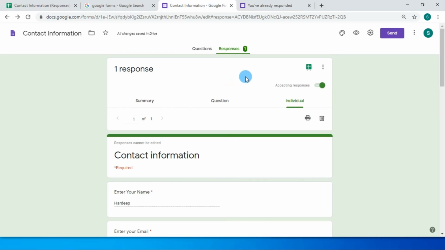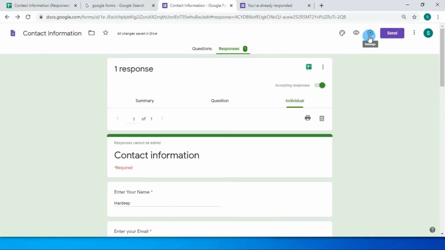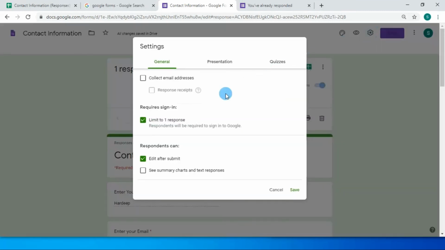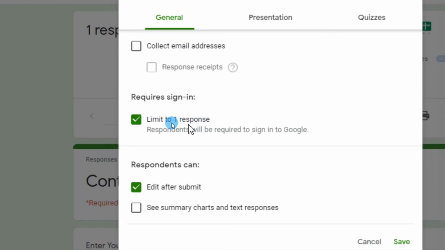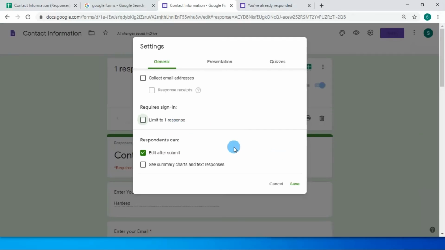We will go back to our Google form and here we will press the settings button, and here you can see that the response is limited to one per person. So we will uncheck this and now we can respond more times in the form.